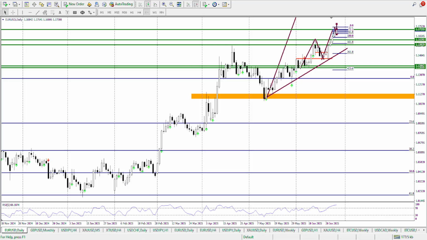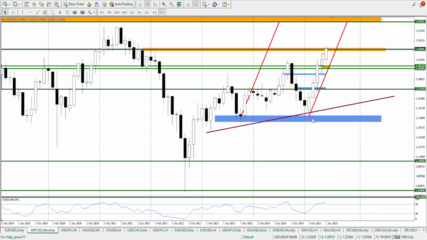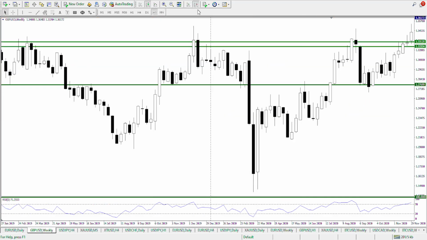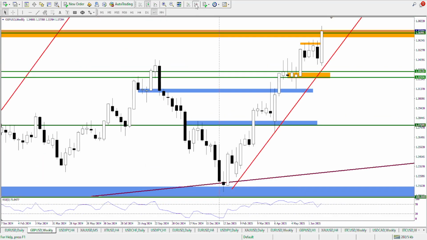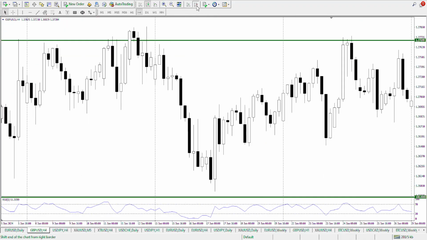So now move on to the other pair, the pound US dollar. That was the euro dollar, now the pound US dollar. What did I say last week? That strong bullish impulsive wave on the monthly, no doubt its importance will be there for us, but it is way too long a move on the monthly time frame. Now on the weekly, if I show you last week, what I said is, let's see,